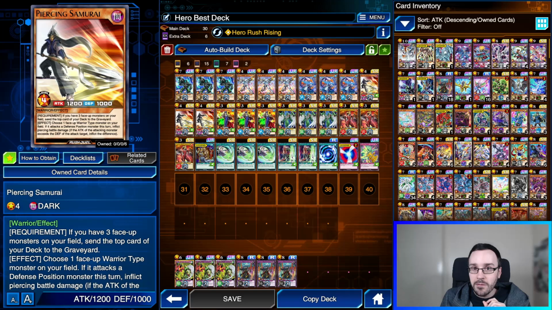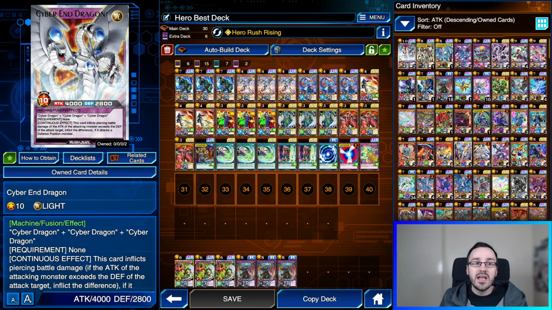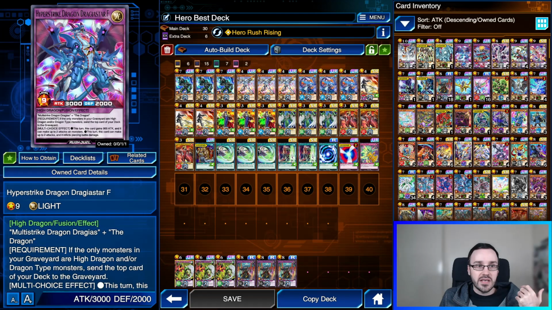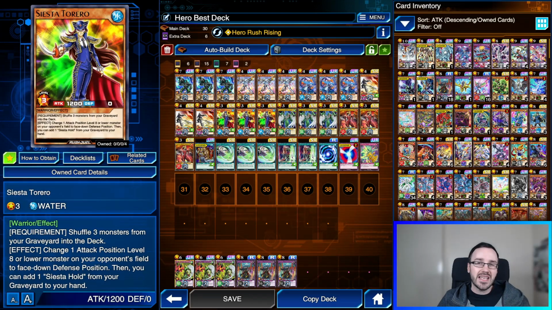And what better card to pair with Piercing Samurai than Siesta Torero? So Siesta Torero is arguably a little bit weaker now, because this effect only works on level 8 or lower, and we are now starting to see Cyber End Dragons, we're starting to see Hyper Strike Dragon Dragia Star F, we're starting to see Seven's Paladin, and all of these cards are level 9 and 10. So Siesta Torero now has, I guess, fewer cards that it will work on,